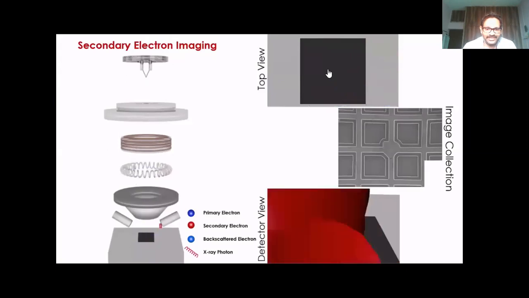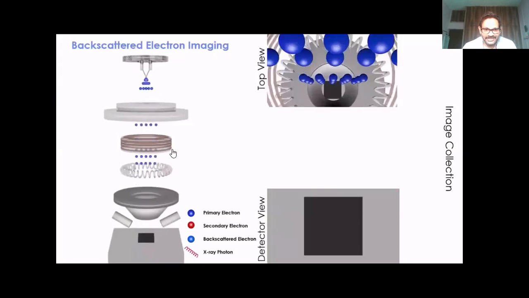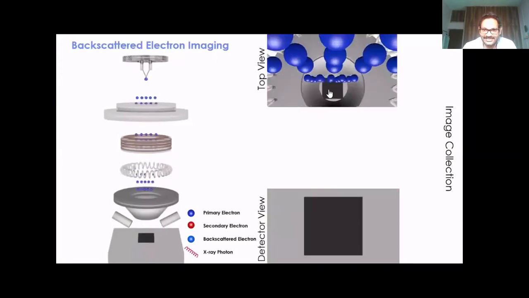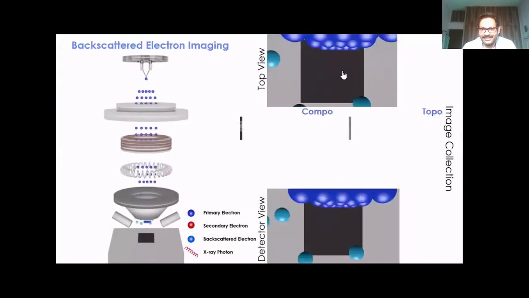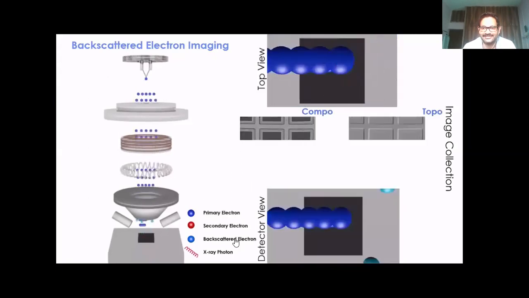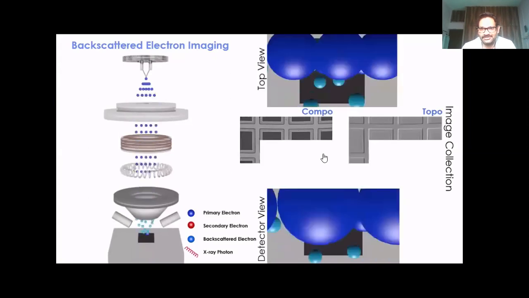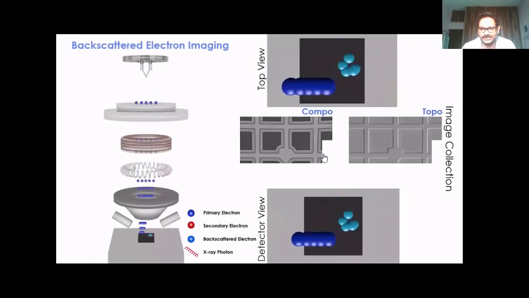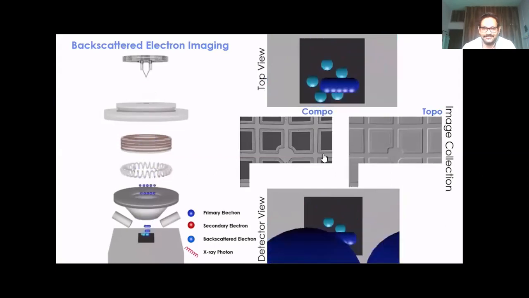The same view we can see for the backscattered electrons. See how the backscattered electrons are emitted when electrons from the gun impinge. See, this is the raster scan pattern. How the electrons are moving and emitting the backscattered electrons. So these blue colors are backscattered electrons. One row, one row, one row, the impinging of electrons takes place. This we normally call a raster scan pattern.